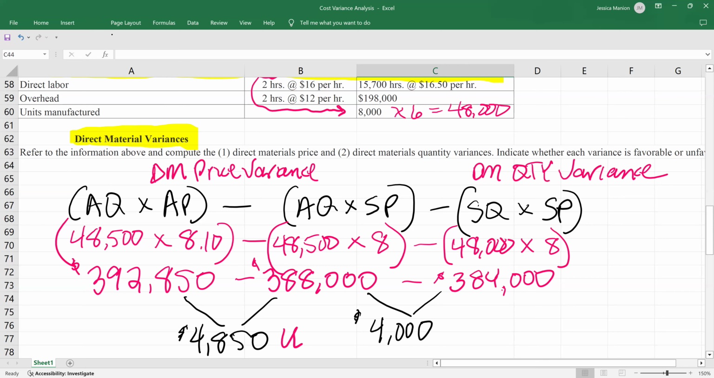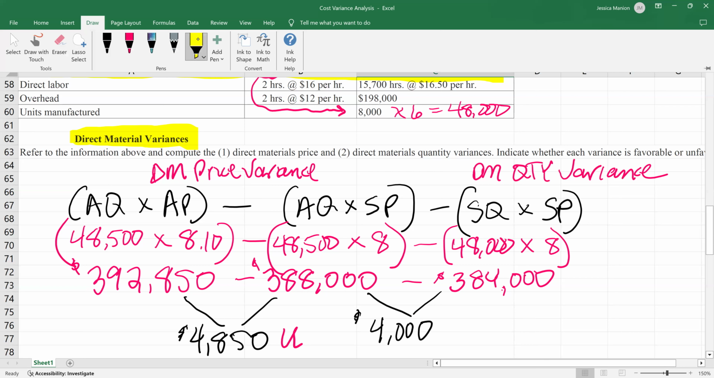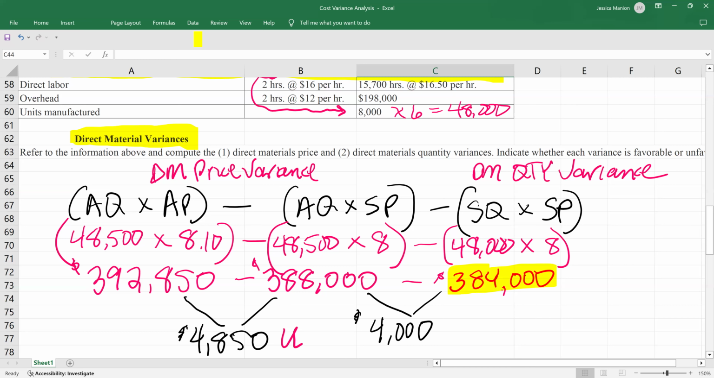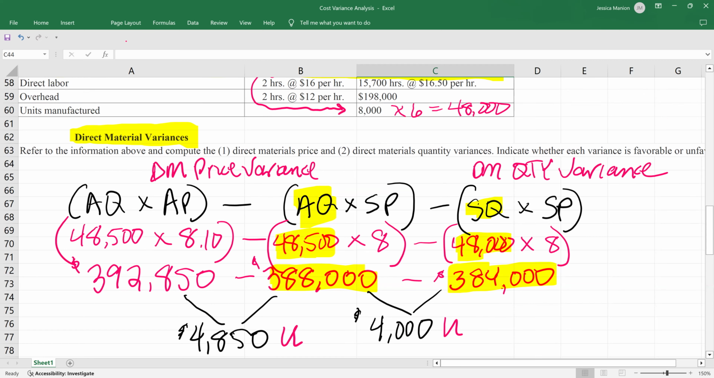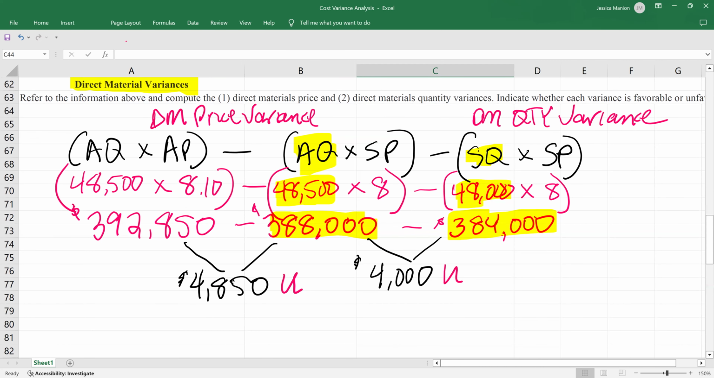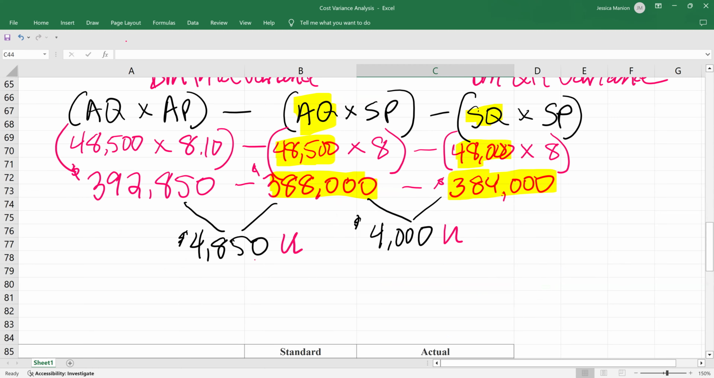And again, based on those number of units, standard quantity times standard price, we should have spent 384,000, right? That's that standard quantity, 48,000. But our actual quantity was 48.5, so we spent 388. So again, this is also an unfavorable direct material quantity variance, right? And again, if we think about this, these are both negative numbers. They're both unfavorable. So overall, the combination of these two,